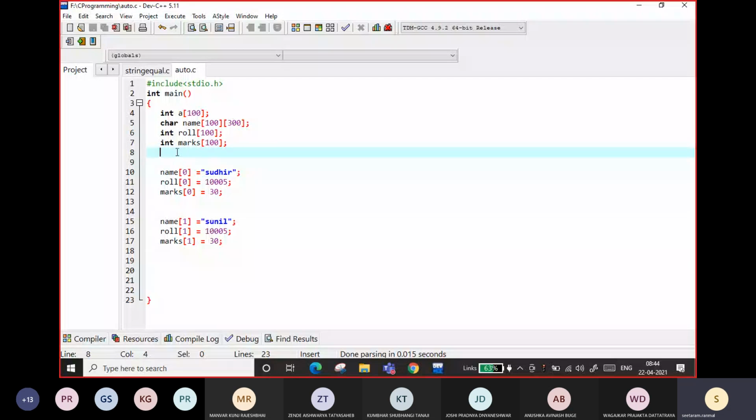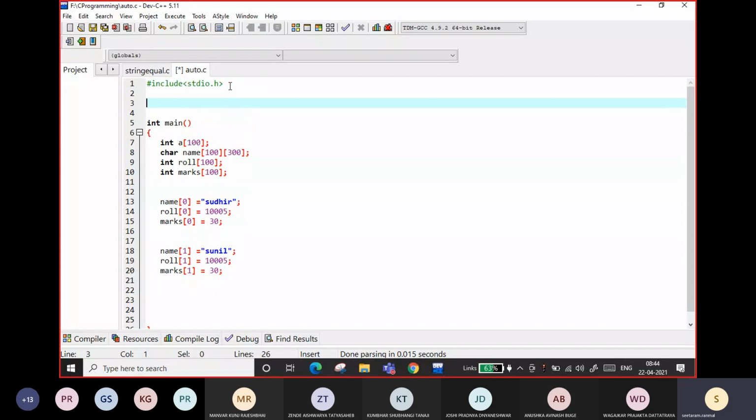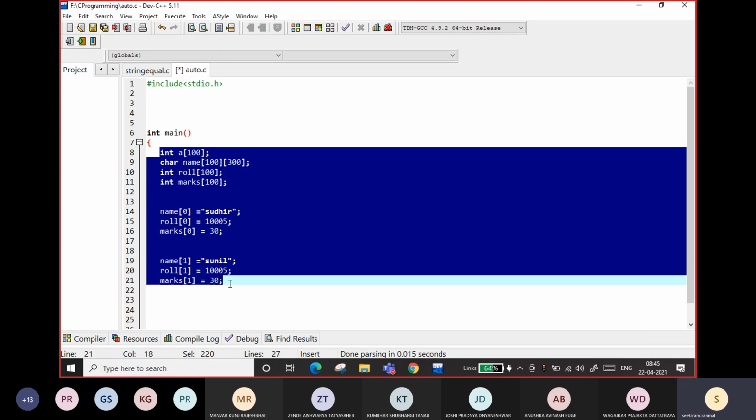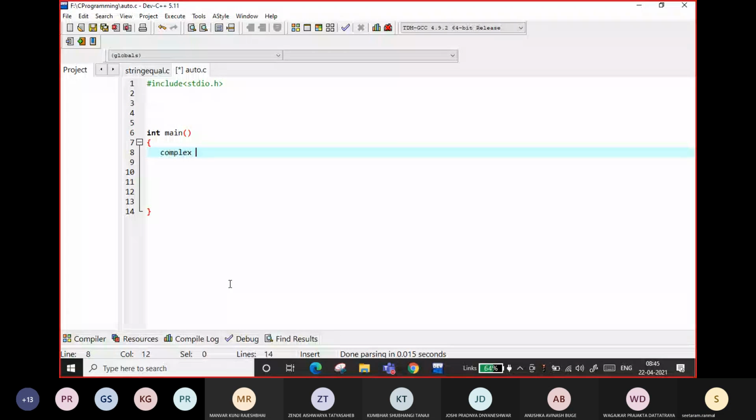But in C programming, there is another way: you can define your own data type. For example, in mathematics, there is a simple example we will take: complex numbers. I could not take a data type as a complex number, right? Integer we can take, right? But we can define a complex number data type here, and then we can use it.